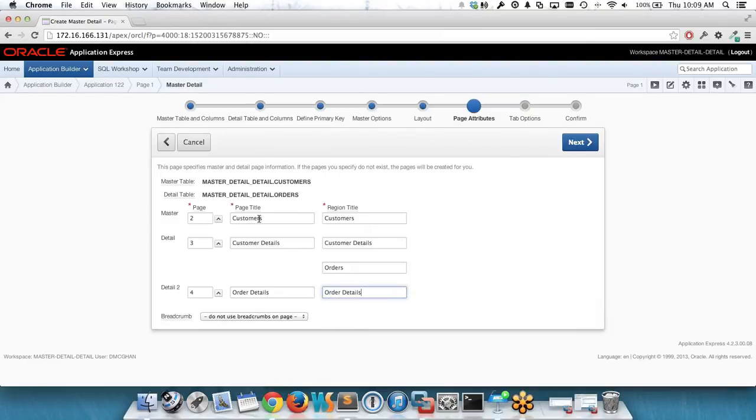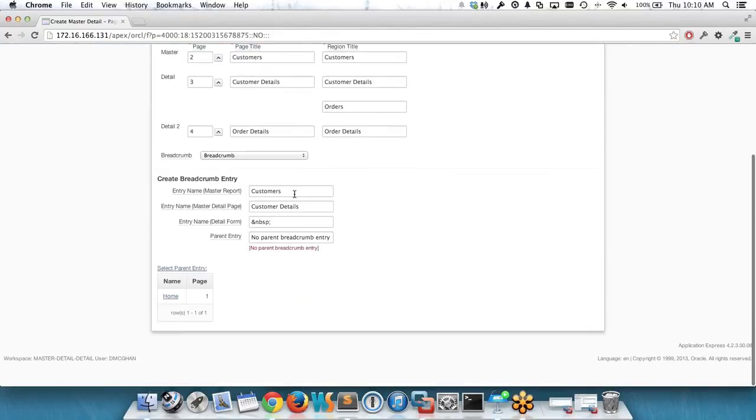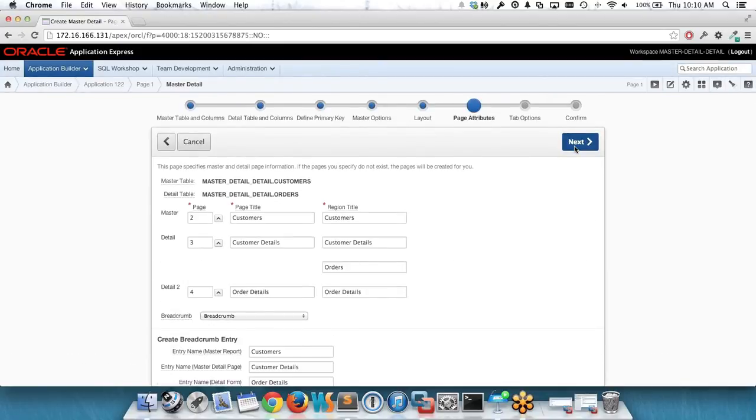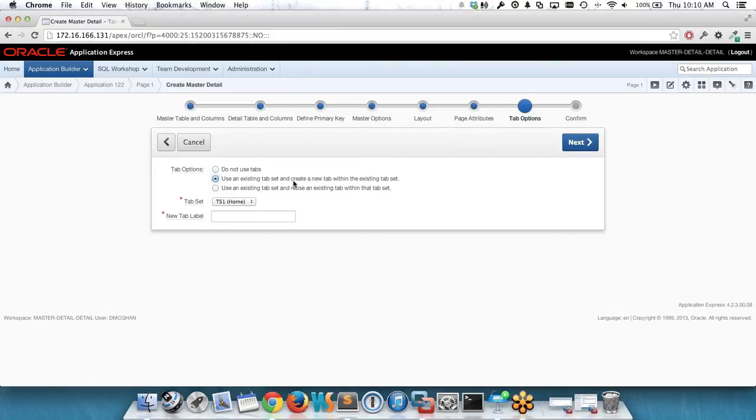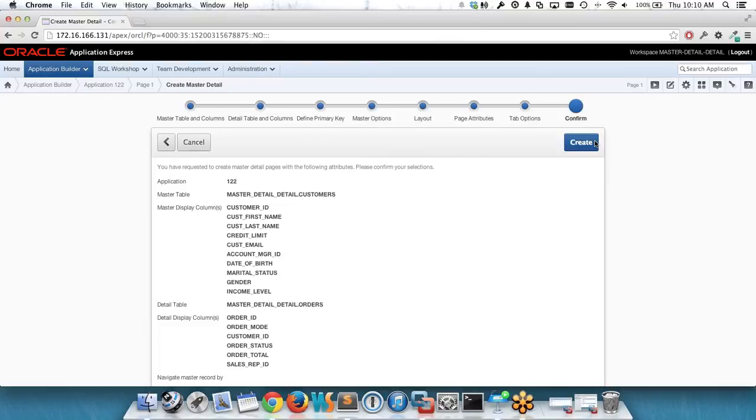All right, so I've renamed my pages. I'm using a very generic naming convention here that's really easy to crank out pages with. I do want a breadcrumb, so we'll add that. And we'll link that back to home. In the next step, we need to create a tab. I will create a tab for these new pages. Just call it customers. Finally, we can review our choices. If everything looks good, we'll hit create